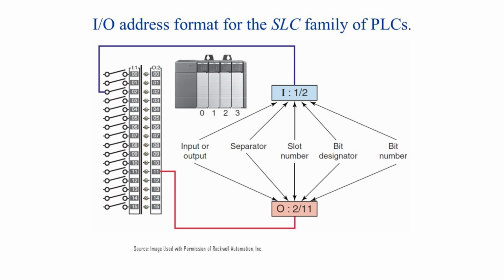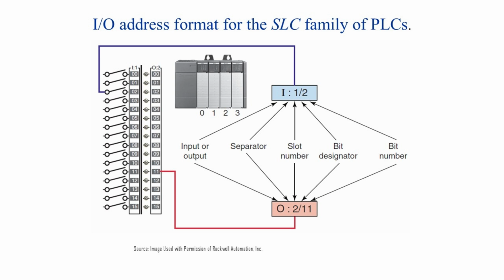The PLC uses these addresses to organize all input and output data in memory. When it performs the input scan, it checks every I address to see which inputs are active. When it performs the output scan, it updates every O address to turn devices on or off. This addressing system gives us a one-to-one link between the physical wiring in the control cabinet and the logic symbols